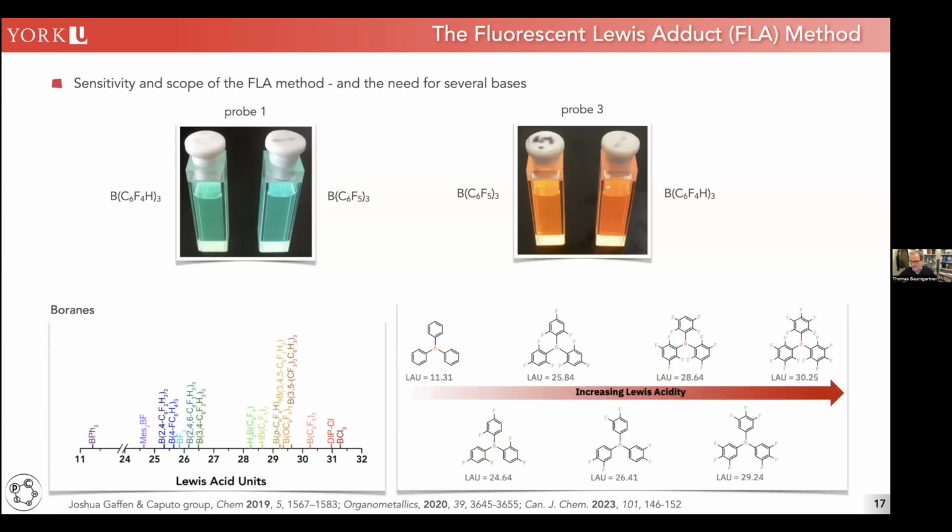And then we can do that for an entire range of boranes, as an example. They usually work the best. For illustrative purposes, I just want to show you the fluorinated triphenyl boranes. You can see we have an increasing Lewis acidity as a function of the number of fluorine atoms, but not always, because here we have 2 fluorine substituents per phenyl, here we have 3, but here we go back to 2. So the position of the fluorine also makes an impact. It's a matter of -I and -M effects that we're combining here, and you can see a very nice trend depending on the positioning of the fluoride substituents, but also the number of the fluoride substituents.